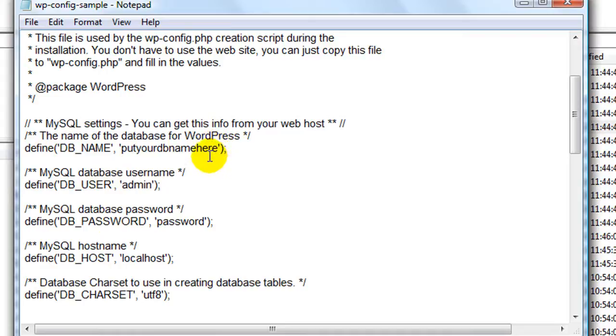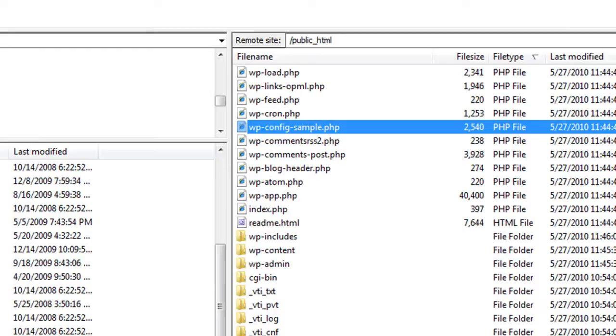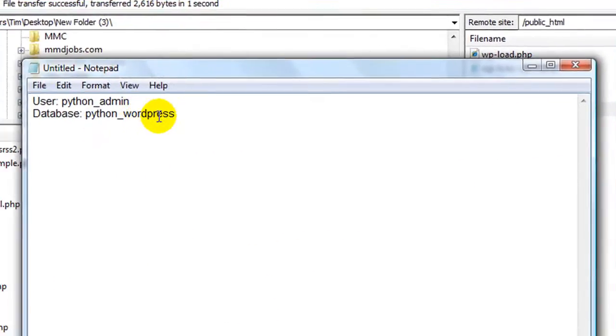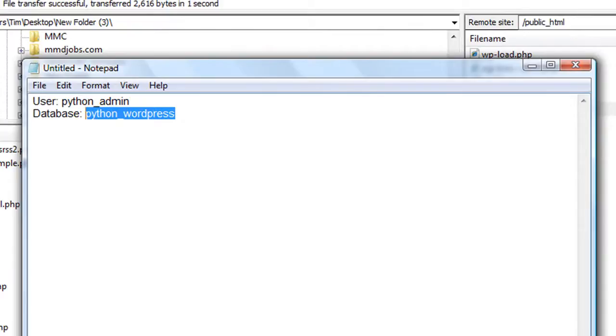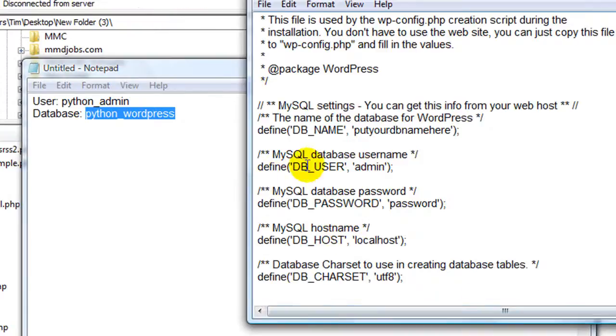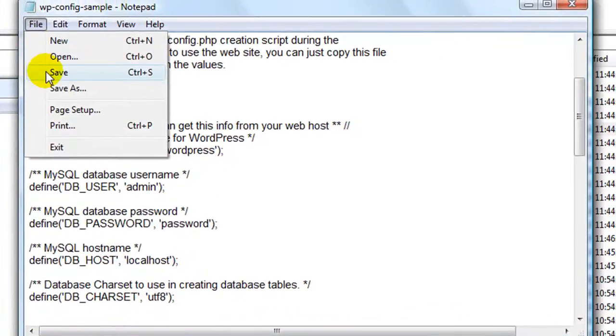So now the database user is admin, the database password. Now here's the database name up here, which we'll go back to our untitled notebook, and here is the name of the database, Python WordPress. So I'm going to copy that, and I'm going to open up the config sample again, and put it right in there. I'll just backspace this until this is gone, and Control V, paste it in there. Now click on save,